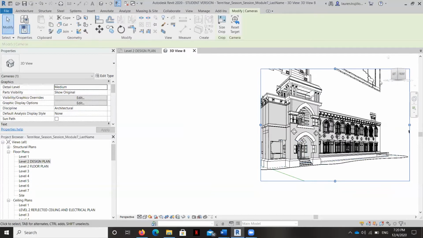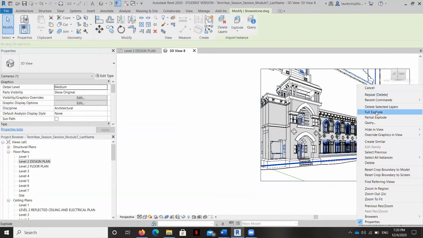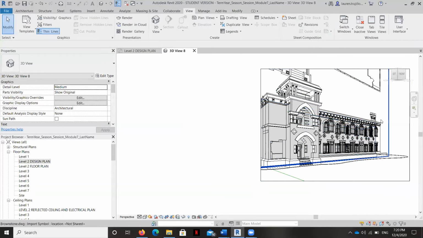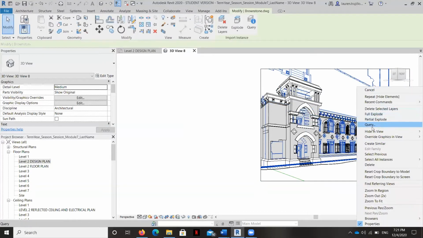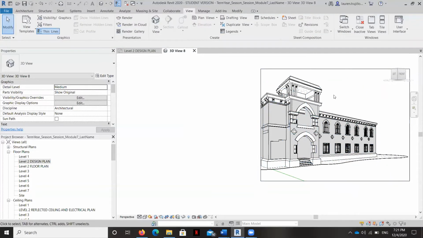So I'm going to go ahead and hide some of the things in view that will be causing a bit of a distraction. Okay, and so that's our rendering that we're going to start with.